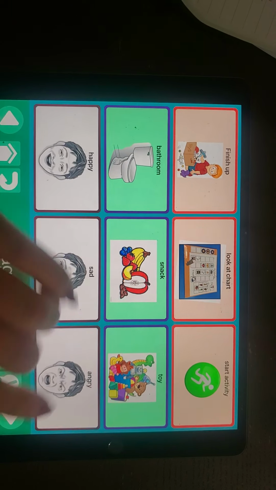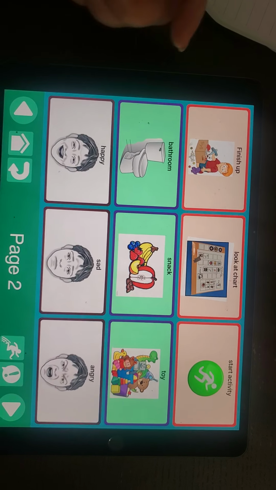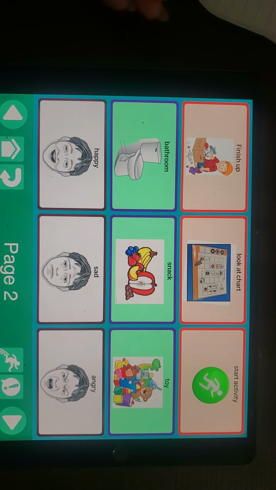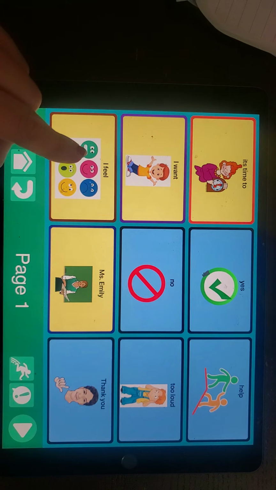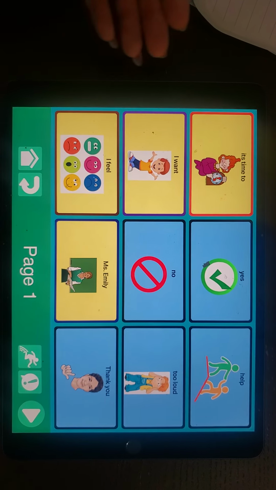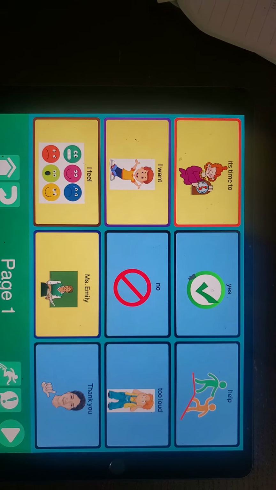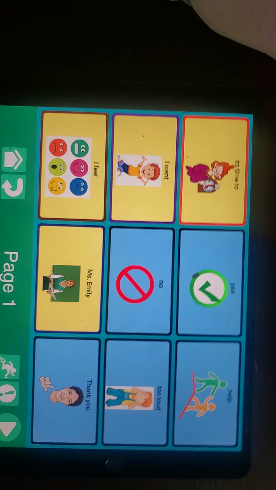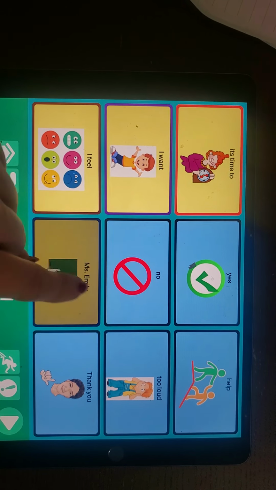And I just have 3 emotions. Once he gets better, more emotions could be introduced if he's able to use maybe a screen with more location, maybe more buttons. So that's for his emotions. And I think it's important so he's using this device to socially communicate with his peers and his teachers. So I made another button actually for Miss Emily, because since he is talking, I pretend that Miss Emily is his teacher. So here, if you click on Miss Emily,